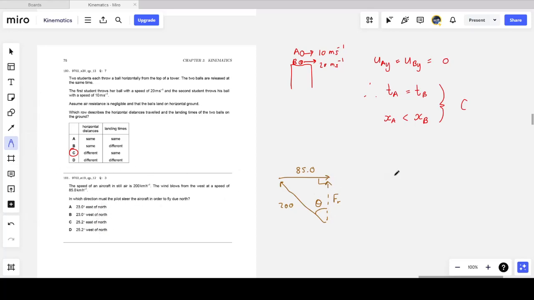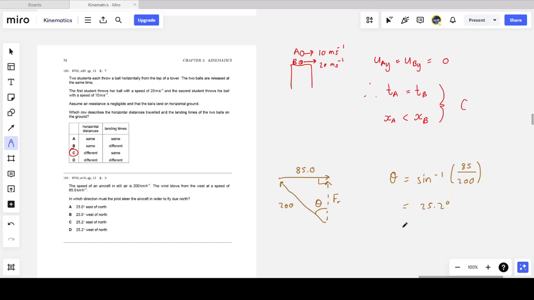And basically what I need to do here is a little bit of trigonometry. So I get sine theta. Sine is opposite over hypotenuse. It's 85 over 200. So theta is the arc sine. Remember, when you want to find the angle, you use the arc sine of 85 over 200. Again, we don't have to convert units because we'll get the same ratio. And I get this angle to be